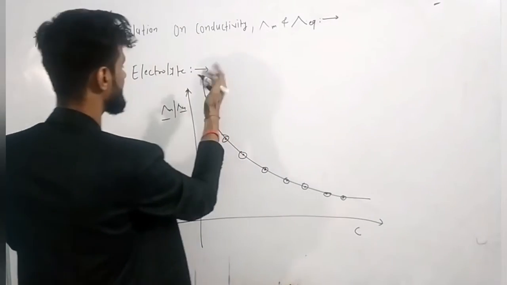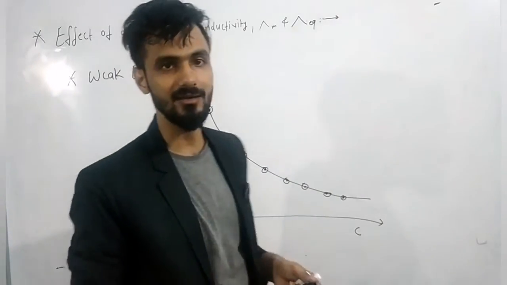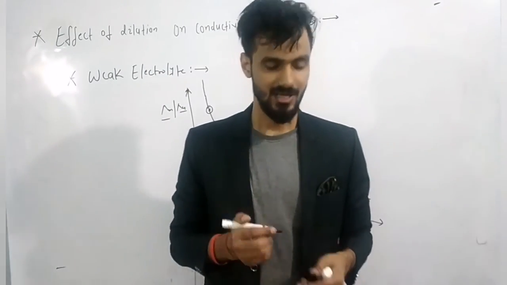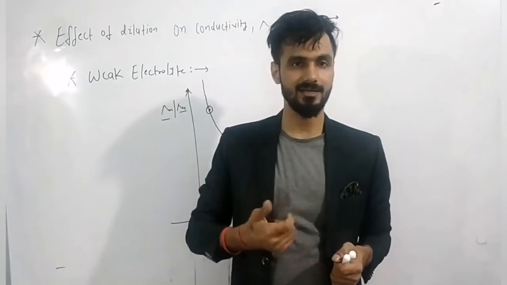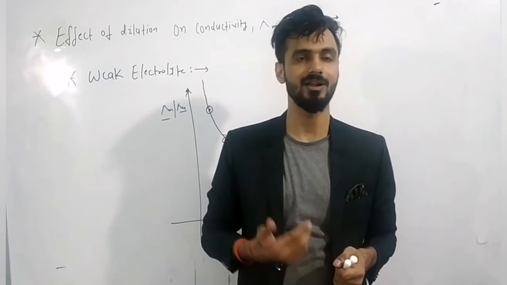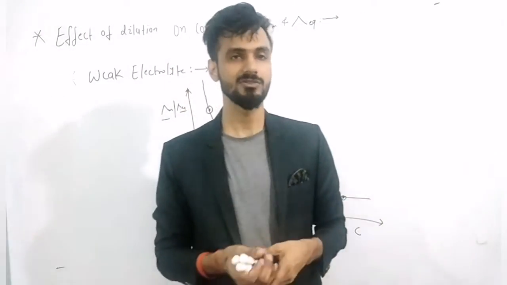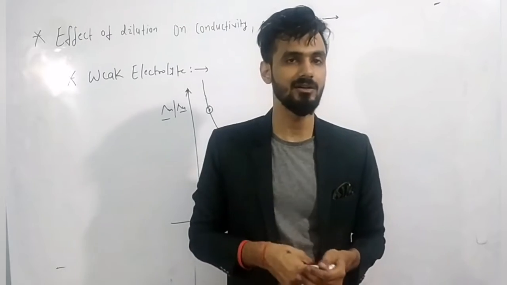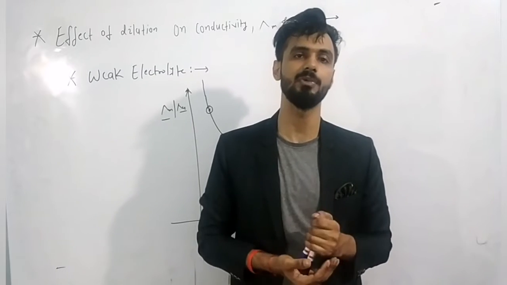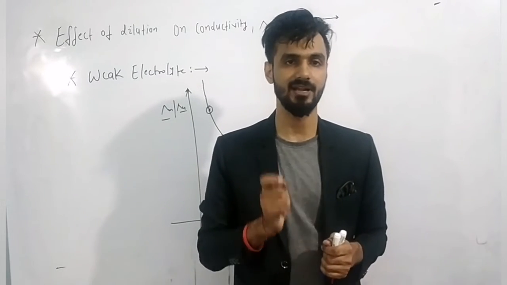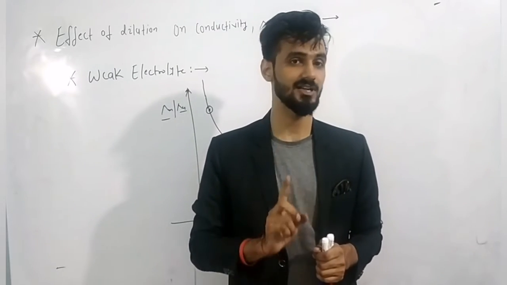So how will we calculate the limiting molar conductance at infinite dilution? That's the great problem. We can't calculate it directly, or empirically we are not getting that value. So a scientist came who was the pioneer for the calculation of equivalent conductance and molar conductance at any particular concentration or at infinite dilution for weak electrolyte, and we calculate with the help of Kohlrausch's law. This theory is applicable for both strong electrolyte as well as weak electrolyte.